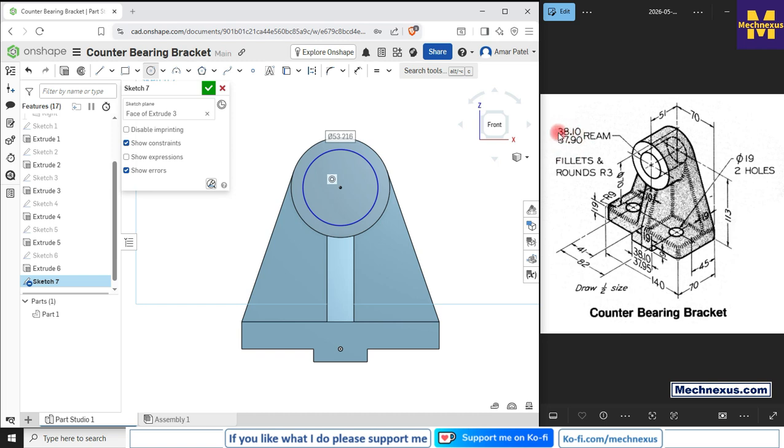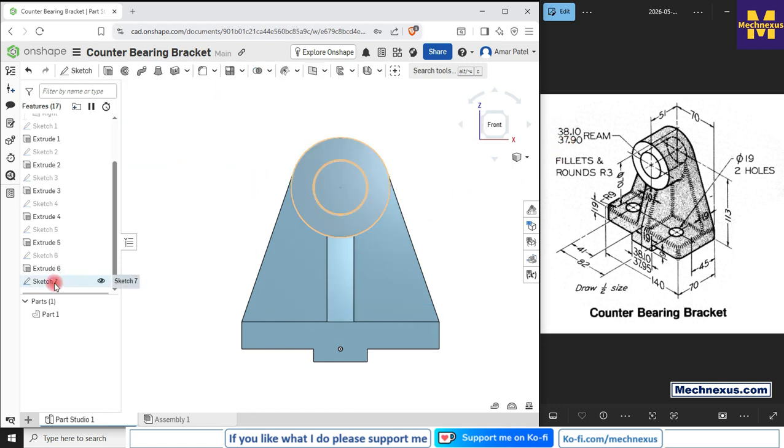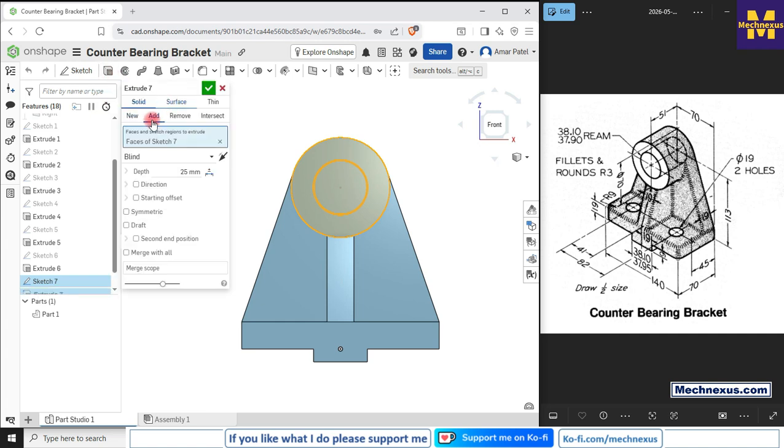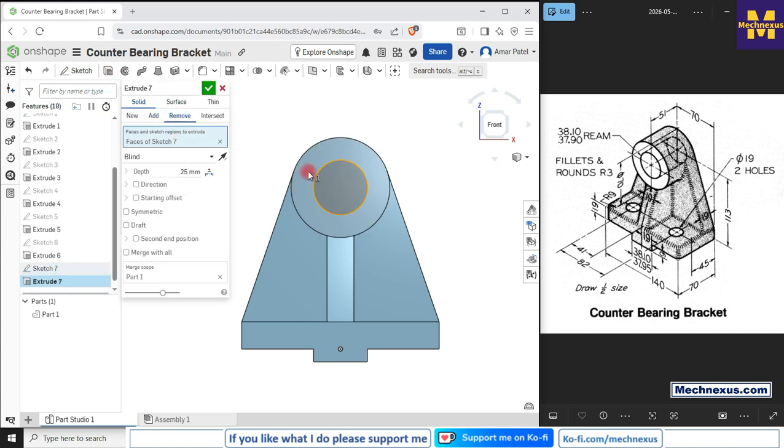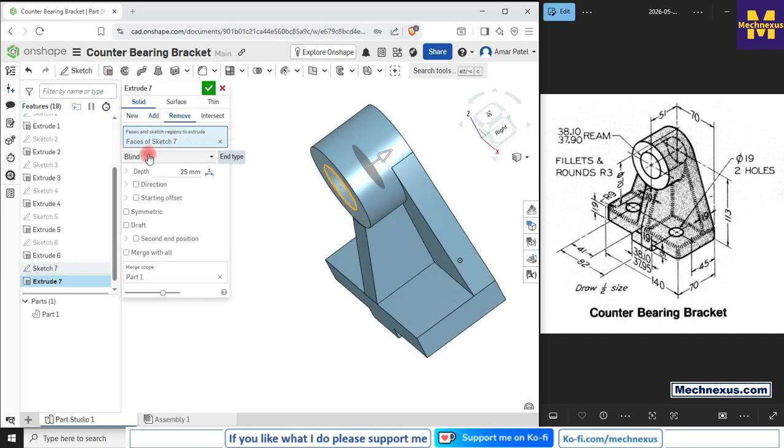So here we will give the maximum diameter 38.1, and after finish it will be 37.9. Say okay, select the sketch, click on extrude, go with remove operation, and you can go with simply through all,